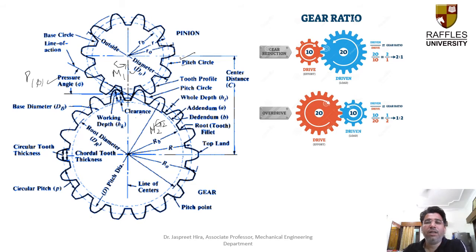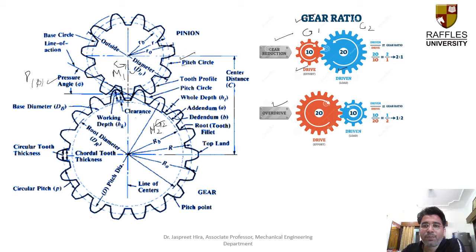Okay, now today we'll also discuss what a gear ratio is, what the definition of a gear ratio is, and how there will be a gear reduction and how there will be a gear overdrive. Now we have a driver element and we have a driven element. Whenever a driver element drives a driven element, accordingly we get the gear ratio. So here you can see the driver has a number of teeth in gear 1, and we have gear number 1 and gear number 2.